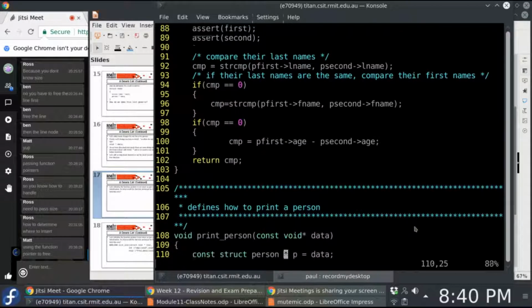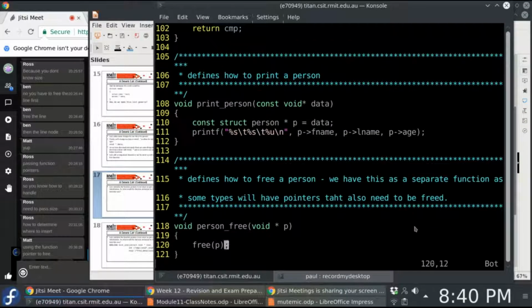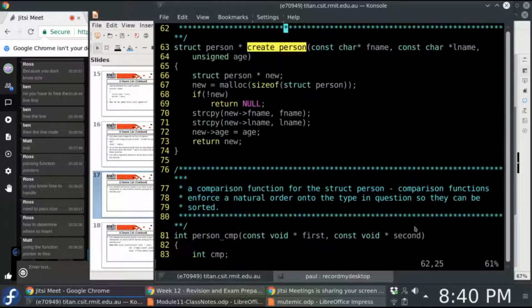So that hasn't changed. This is the function which was passed into list print, to actually print out each element. Okay. And in our case, well, there's no complex data in person, so in fact the free is just free the person. So let's go back up